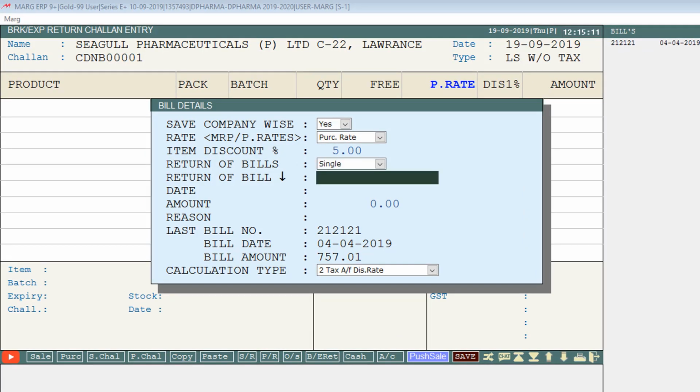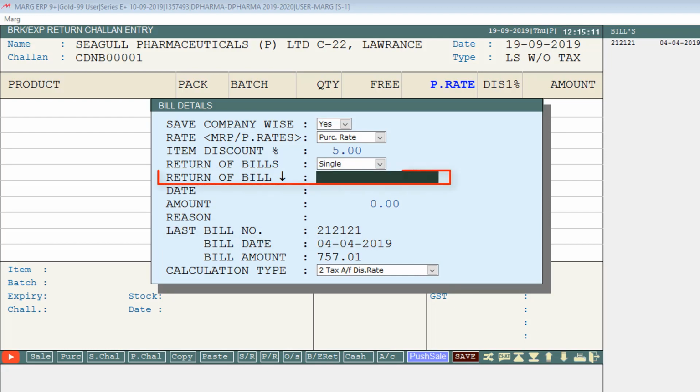And in the return of bill field, we will mention the party number of whose goods you want to return. So here you can see that the software is showing you the bill details which you have last created for this company or distributor. Now if you are returning the items of this bill, then you will mention this bill number in the returns of bill field.